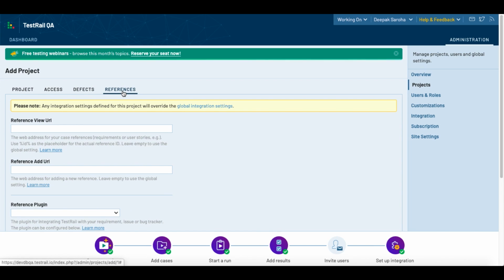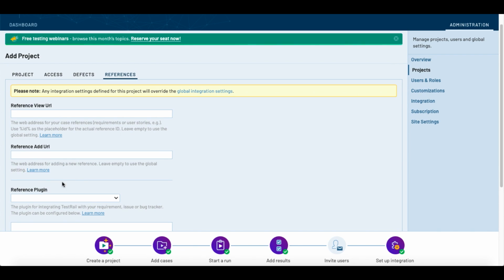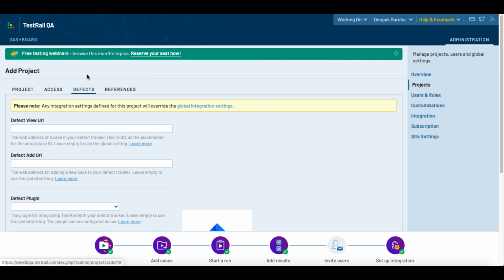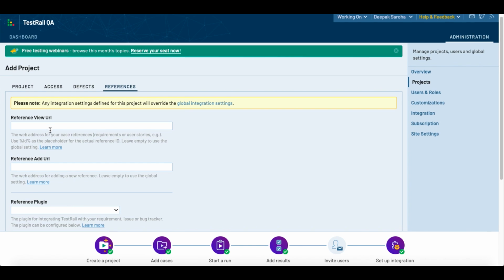Next is the references tab. In this we can write the references view URL, references add URL and the references plugin. This is similar to the defects tab, in which we have defect view, defect add and defect plugin. The reference view URL is the URL we give, and when we hit it, the requirements or the user stories will be displayed to the user.